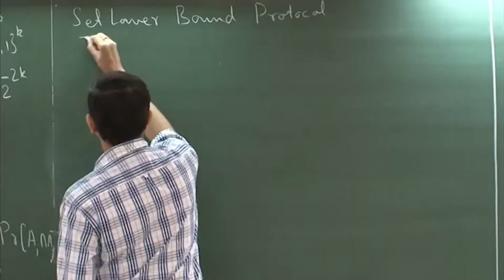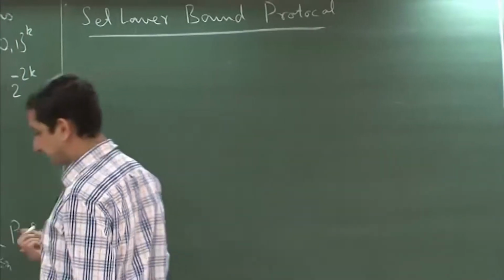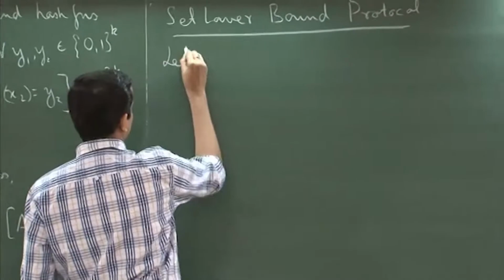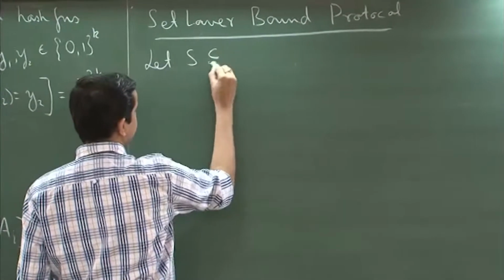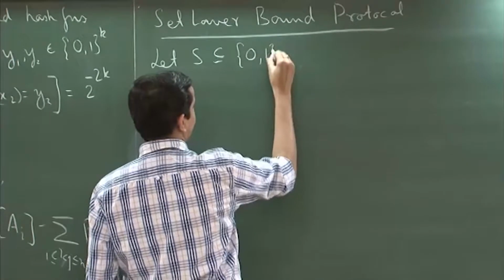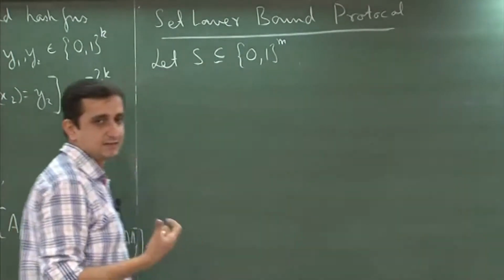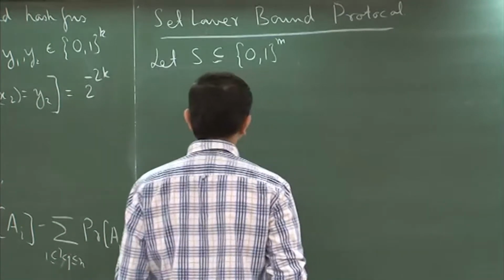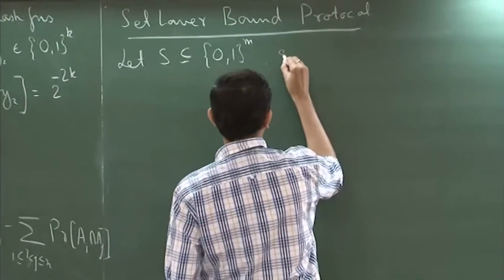Let me state what the problem is. Let S be some subset of {0,1}^m, such that